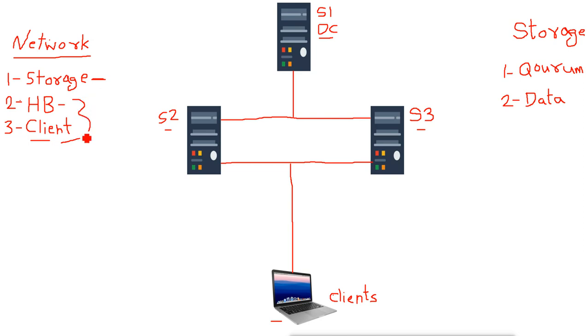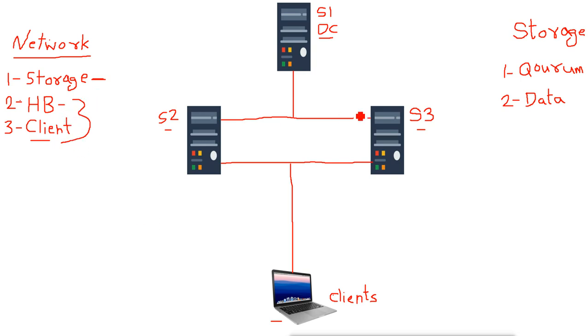If we don't have a separate network for storage, you will get an error when you start configuring or when you check the validation. So it is a must to have a separate network for storage connectivity, but we can combine the heartbeat and client traffic.